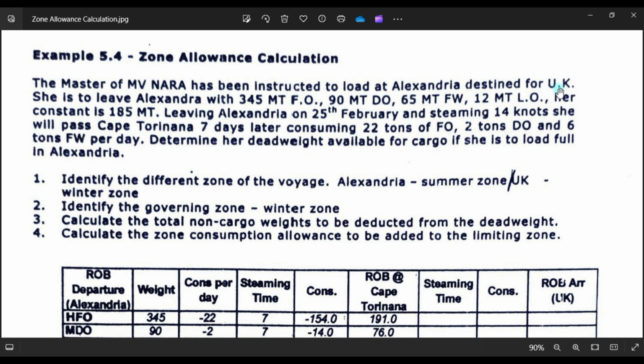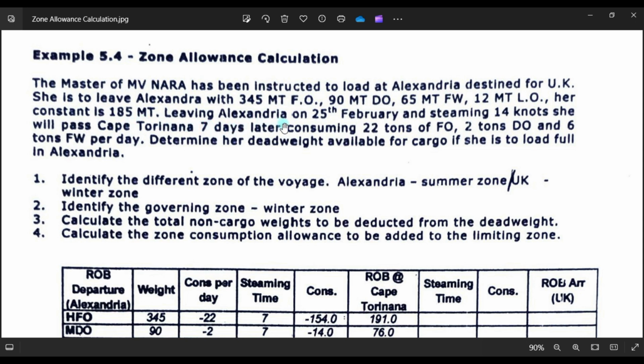So going to discharge at UK and going to load in Alexandria. She is to leave Alexandria with, this is the ROB, 345 metric tons FO, 90 metric tons DO, 65 metric tons freshwater, and 12 metric tons LO. Her constant is 185 metric tons.